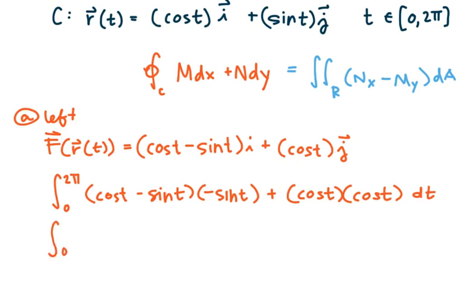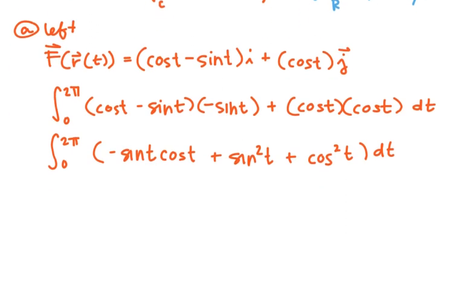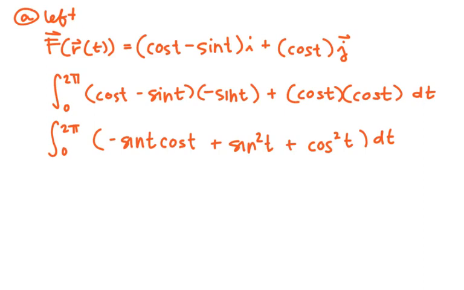So that's the integral from 0 to 2 pi of negative sine t cosine t plus sine squared t plus cosine squared t dt, and sine squared plus cosine squared is going to give us 1. So this is the integral from 0 to 2 pi of 1 minus sine t cosine t dt,